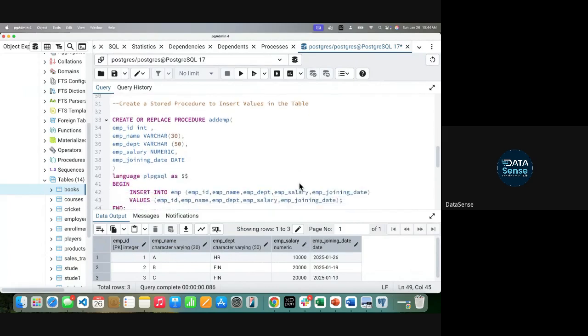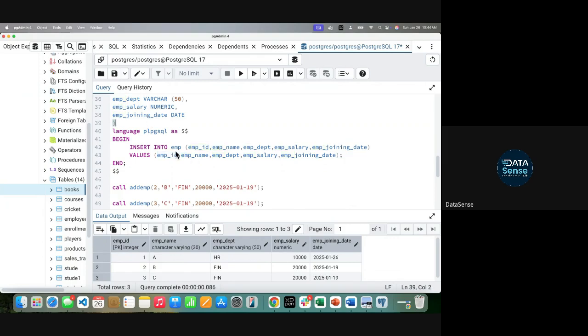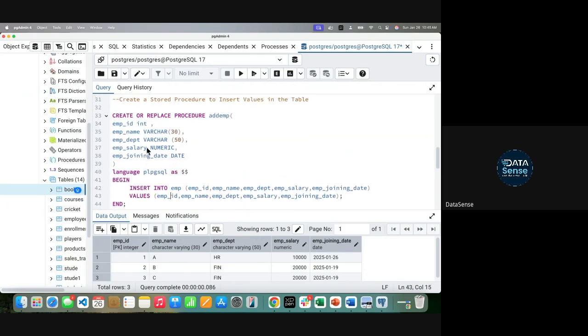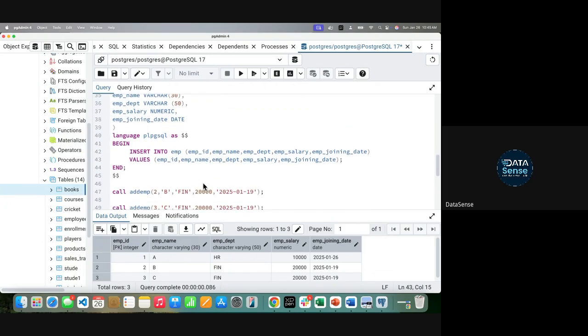But just try to understand what is happening in this syntax. You need to know that, okay, this parameter will be passed here and this will further be passed here. So these two names should be the same and these two can be different. Any doubt, anyone?